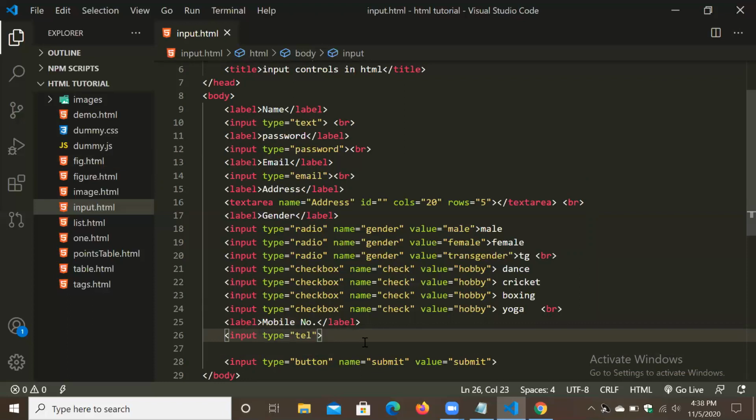Okay, and here we have to give some br tag. Yeah, input type telephone, and attributes we can use with this, name.